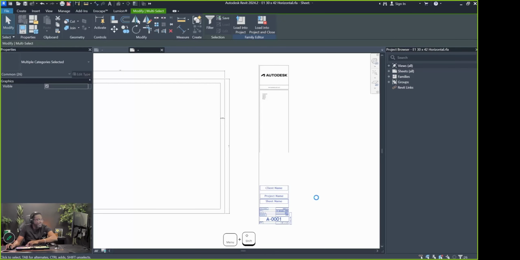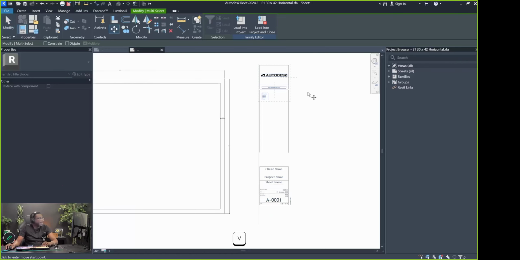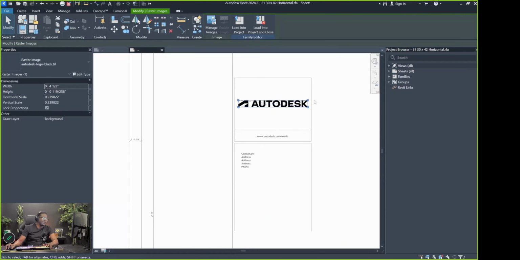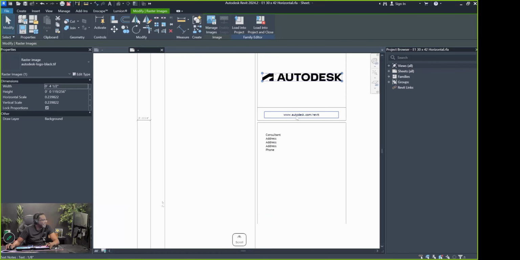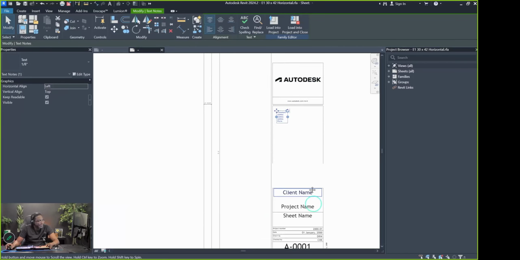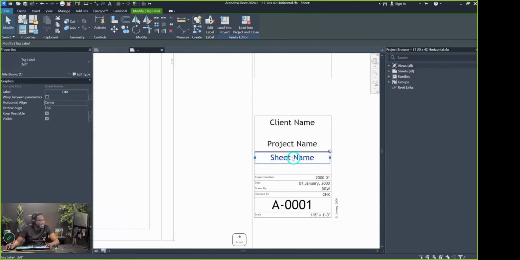Then we can move this up, and I'm just using the arrow keys to move it up, or I can use the move tool. Then I want to move this down, so I'm going to go MV, move this down here. Now I want to have an area for the logo. In this case the logo is not going to be Autodesk, but we'll edit that a little later. This zone up here is going to be the logo. This zone here is going to be for our disclaimer. Then we're going to have the sheet name, the project name, and this